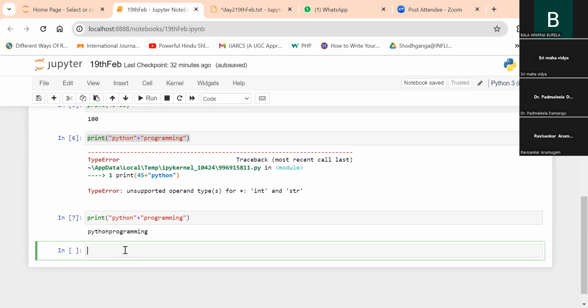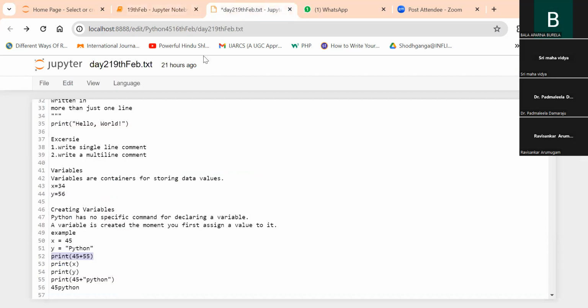Is this concept clear? Yes, ma'am. Yes. So that is the reason why you have to know what is the type of data you are taking and what operations can be performed on a particular type of data. Okay, next what we'll do is